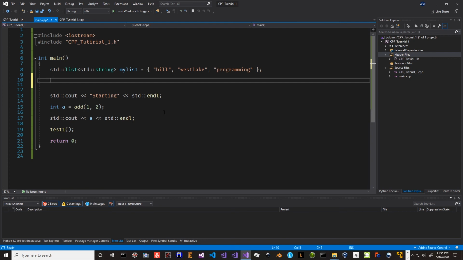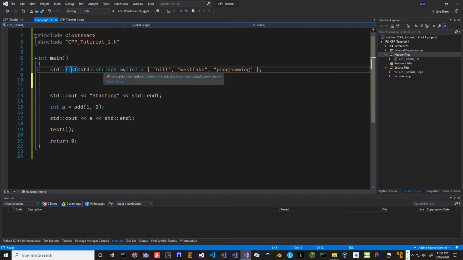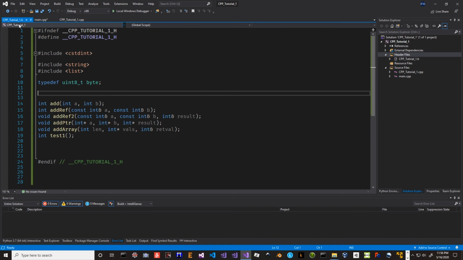Well, we could check this out now. Anyway, typedefs could allow me to create another type out of this whole thing, so I wouldn't have to type std::list<std::string> all the time. I could typedef that and eliminate a lot of that typing. So we could do something like over here in this header file, we could do a typedef